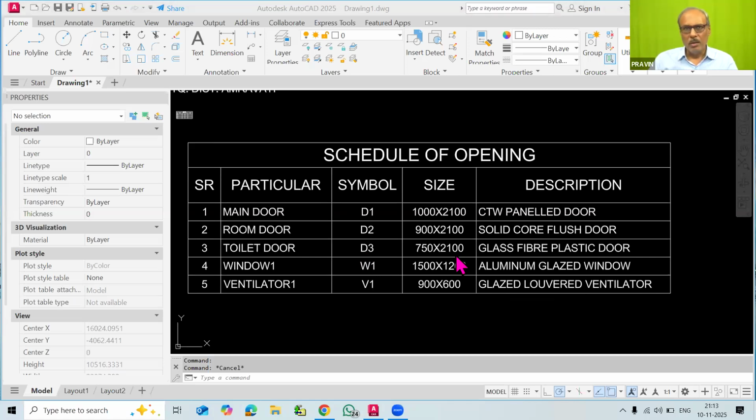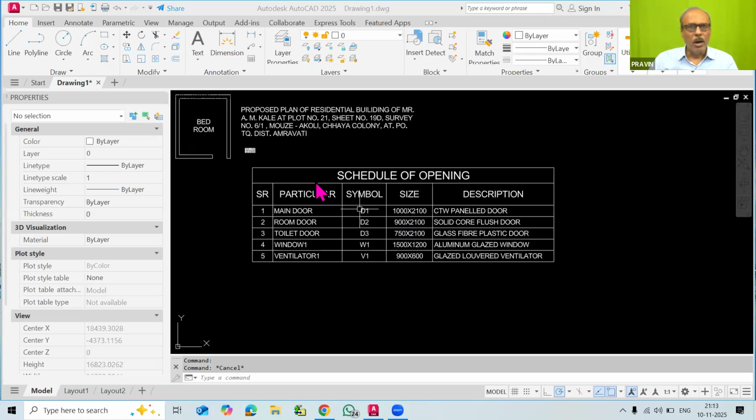I hope that most of the people are just not using the text properly in the AutoCAD drawing. So they are struggling with adjusting all these things. But in very simple steps, I have explained how in the building drawing, you can create this type of nice table. So everything is very clean and clear. So that way you have to adjust.